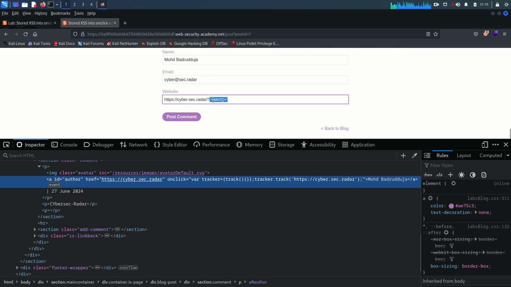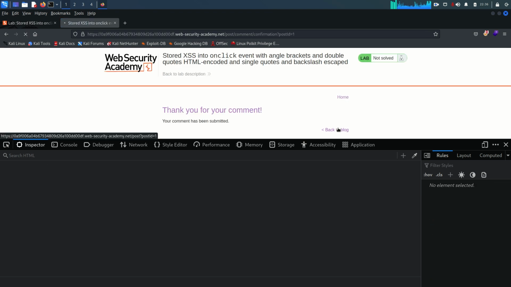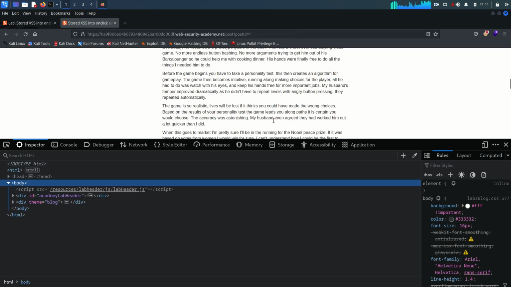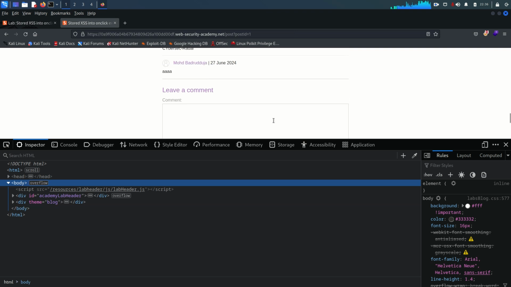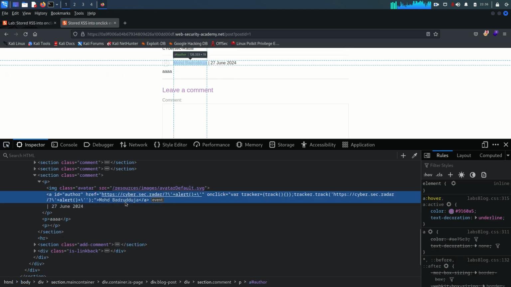Okay, and after that we concatenate with the arithmetic operation, which is plus, and this is the function alert, and concatenate the rest of the things. So let's see, post this comment. Okay, back to the same blog, and let's scroll down. Okay, so I'm going to just click on this, and as you can see here, href,